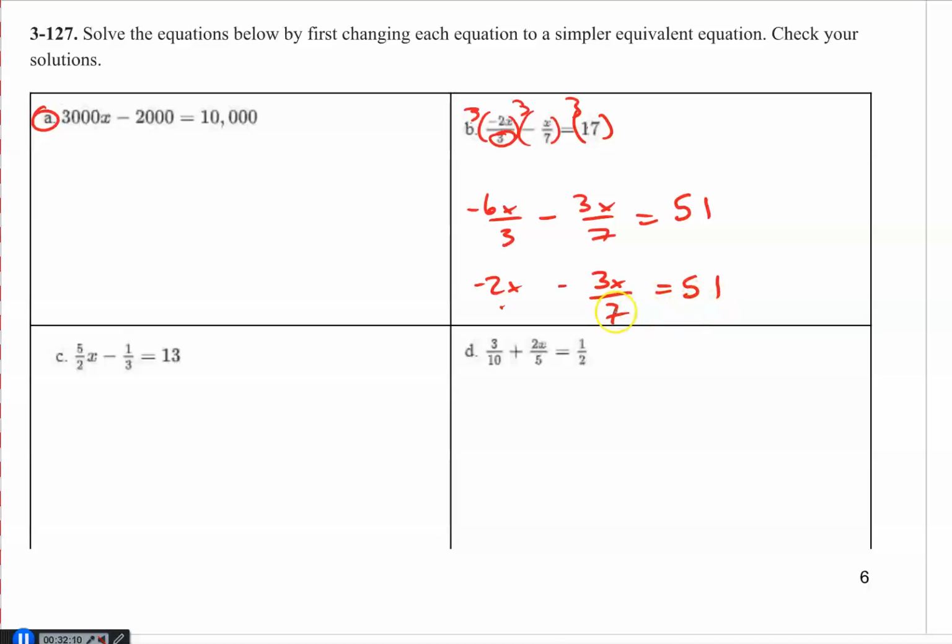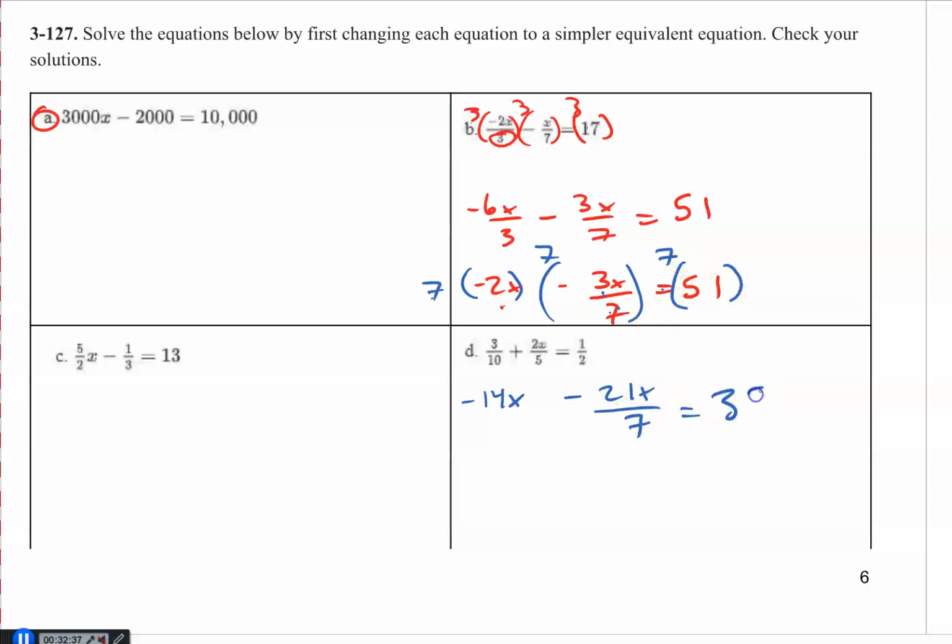So then we go through and we see there's another fraction. It has a denominator of 7. So let's multiply each of the 3 terms by 7. 7 times negative 2x is negative 14x. 7 times negative 3x is minus 21x, and is still being divided by 7, equals 7 times 51,